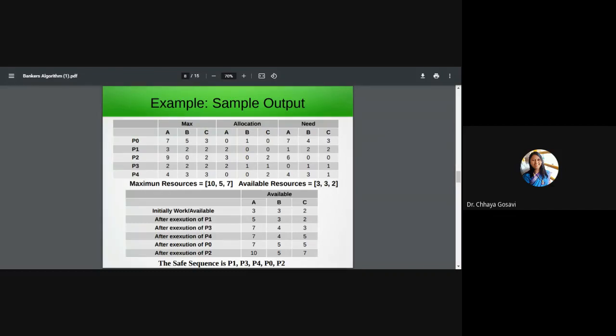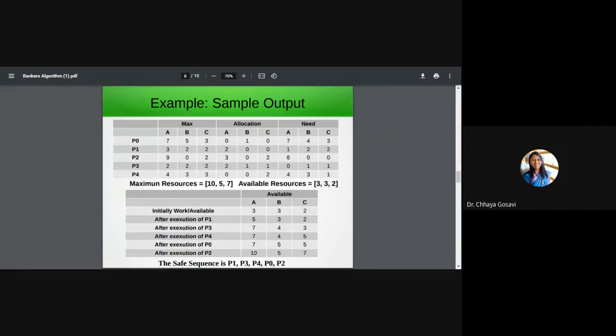You can check whether this sequence is possible and whether it results in finish equal to true for all processes, and finally we should get these resources free, 10, 5, 7, if we execute in this new sequence P1, P3, P0, P2, P4. Or we can also have P1, P3, P0, P4, P2. So there can be multiple safe sequences possible to make the system safe. It is not necessary that there should be only one safe sequence.